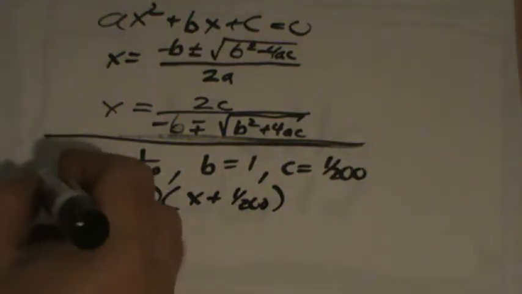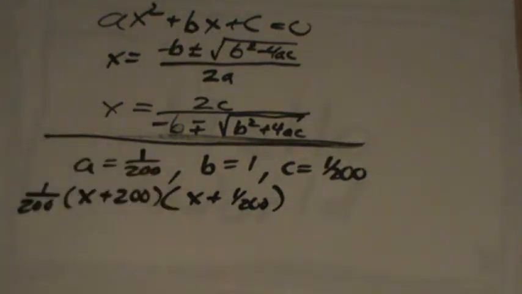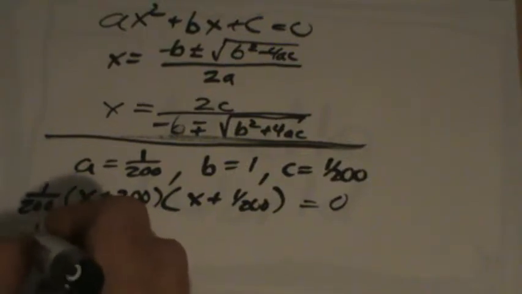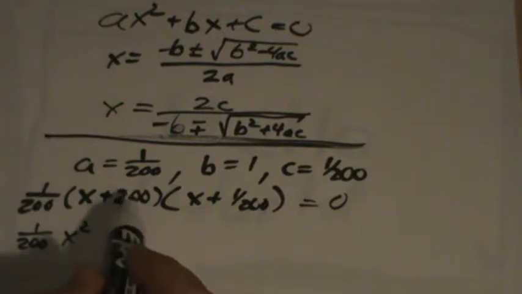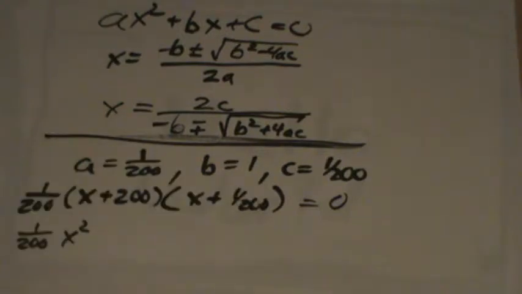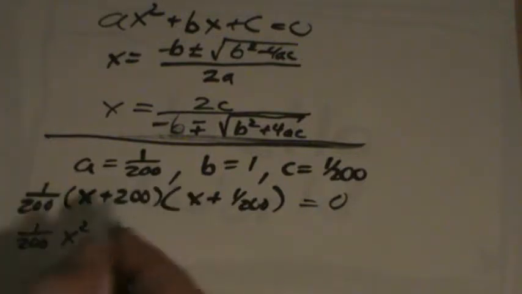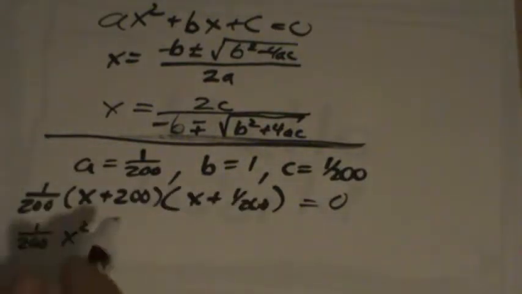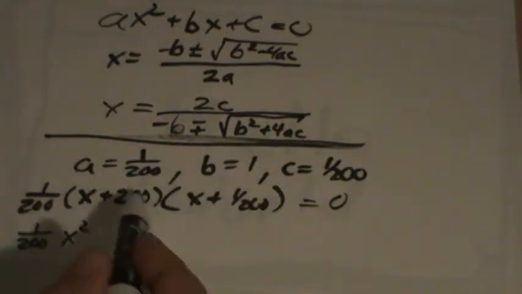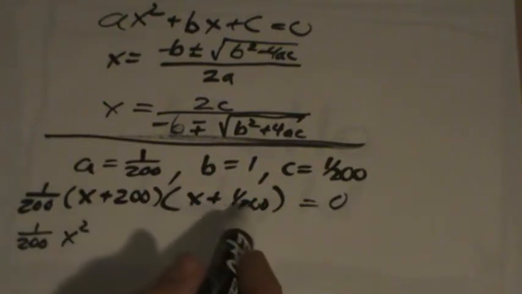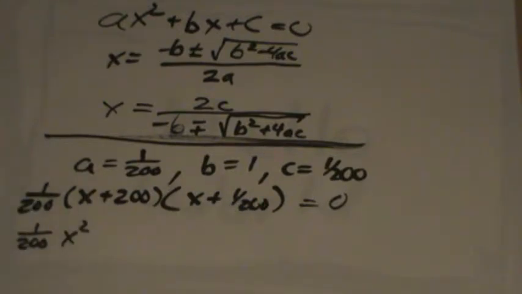And then if I took this and multiplied by 1 over 200, I set that as my equation. If you multiply them all out, you end up with 1 over 200 times x squared. And when I multiply here to here, I get my cancellation as it goes in. Actually 200, and I get this one. So I'll get 200 plus 1/200th divided by 200, so I get my cancellations. I get 1, and then I have a 1 plus